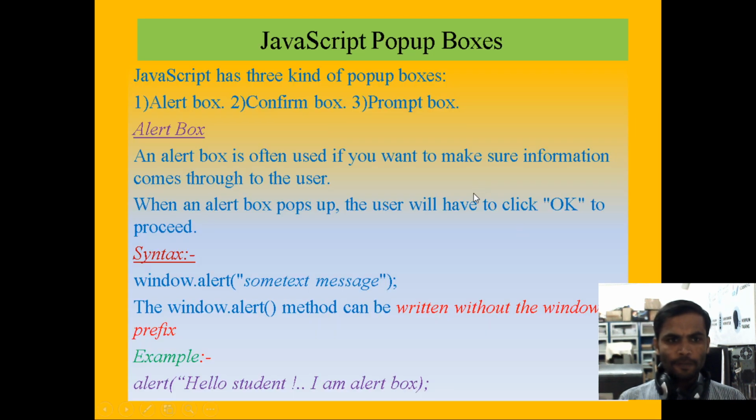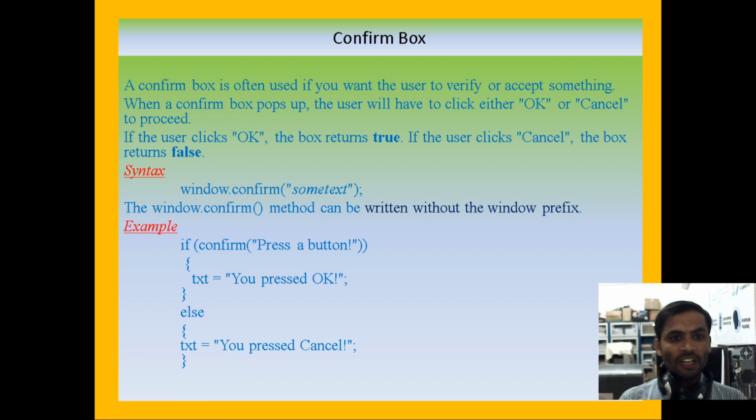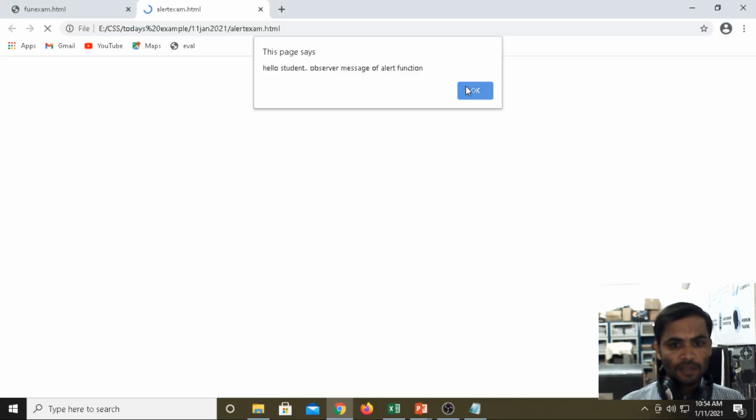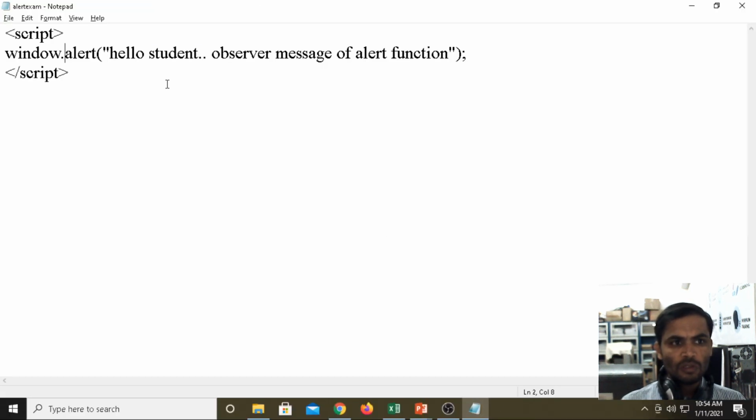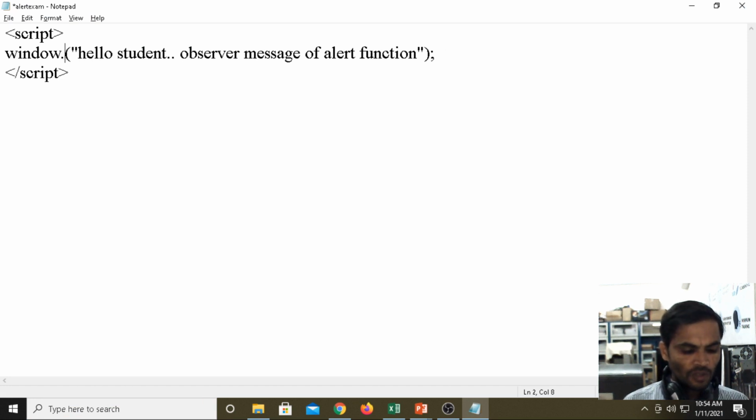Next we have confirm. Under the confirmation, true or false will be there. Here the buttons will be OK and Cancel, two buttons for the confirmation purpose. For your understanding, with the same source code, I am writing window.confirm.